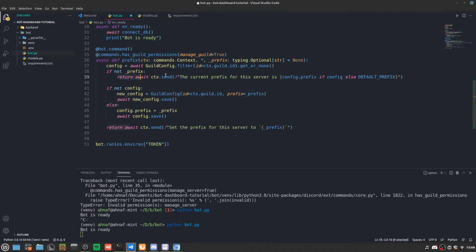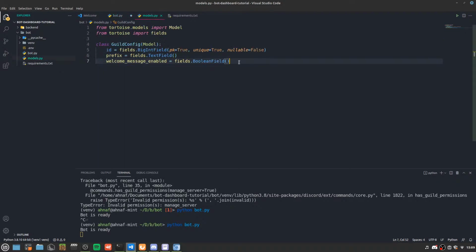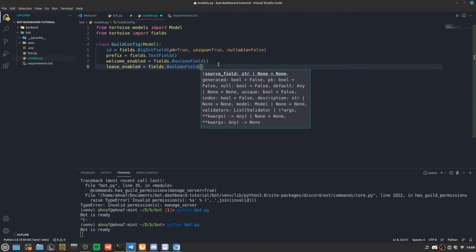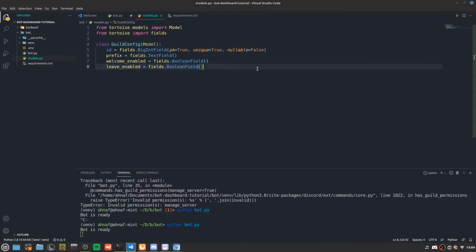Okay, wait, 1 second. There's not prefix, we have the guild config and prefix. Okay, that's fine. How long have I been streaming for? 25 minutes. Okay, that's not a problem. It's a boolean field, so welcome message enabled. Well, let's just call it welcome enabled, and then we have a leave enabled, and that's going to be a fields dot boolean field. Great. So we're gonna have this, and you know what, yeah, we can just have a welcome enabled and leave enabled, and then we can have a welcome config